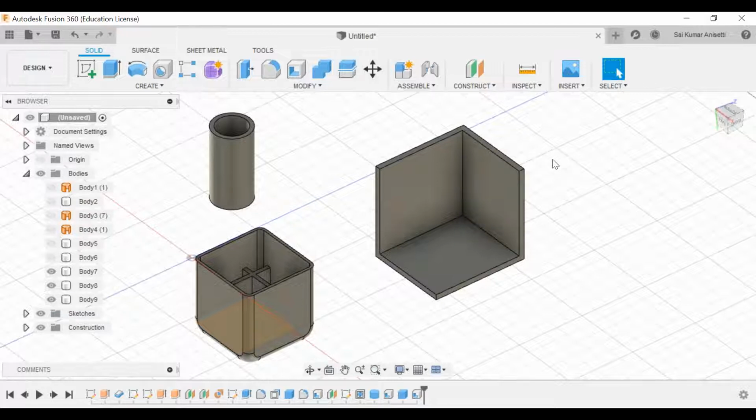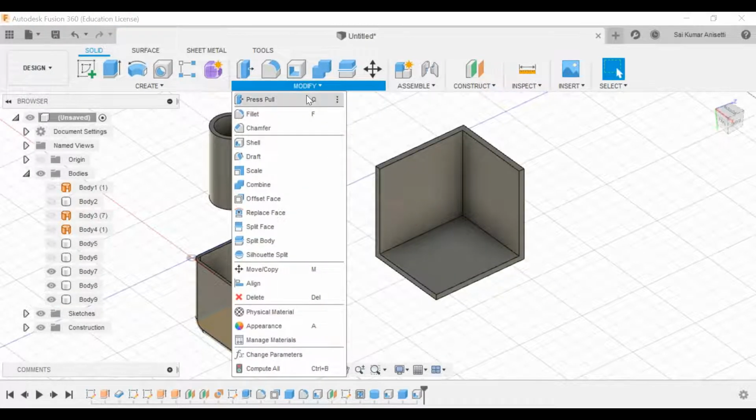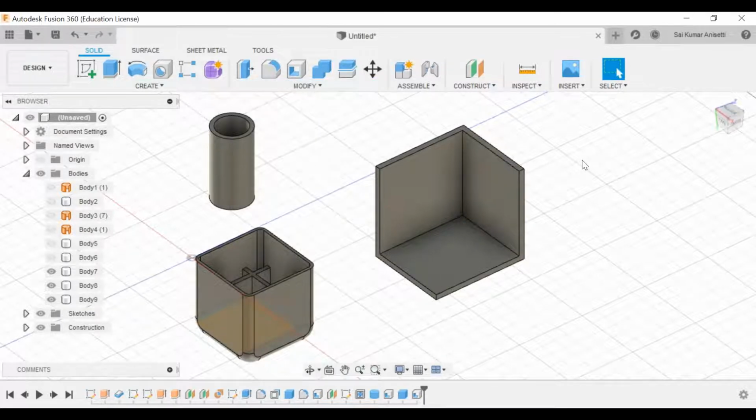It's finished. If there is variable thickness, then you can use press pull. If you go to press pull and give this face 3 mm, then apart from all the other faces, this would be 4 mm. That is why I'm teaching all the commands. So now you have to have an idea of all the commands. See how few steps you need to take to model that particular thing.